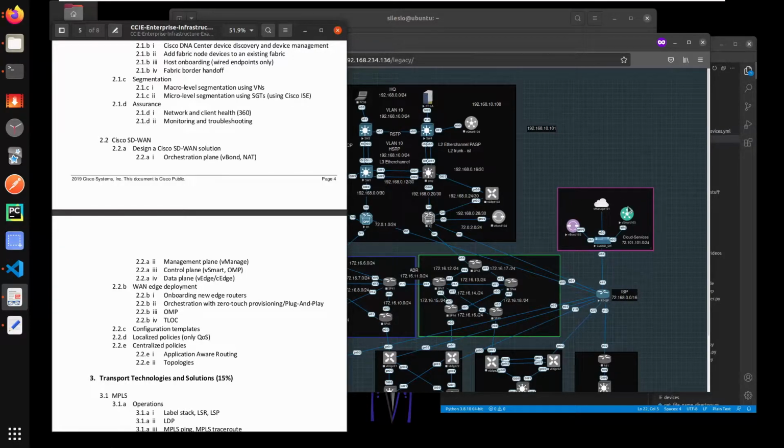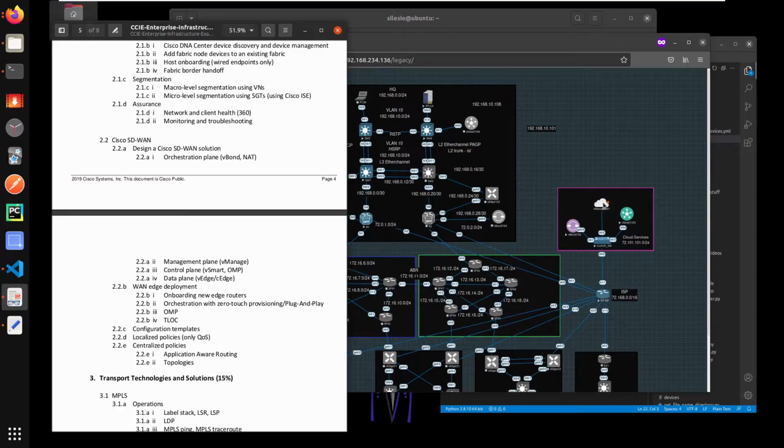And another thing is that I'm going to deploy vManage outside of EVNG, and the reason why is that it would consume a lot of resources on my EVNG server. So by making it run in its own VM, it's going to process faster than it would if it were running inside EVNG. So I have a link to vManage,